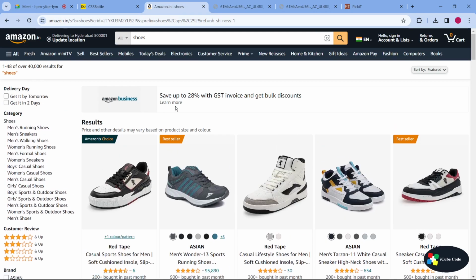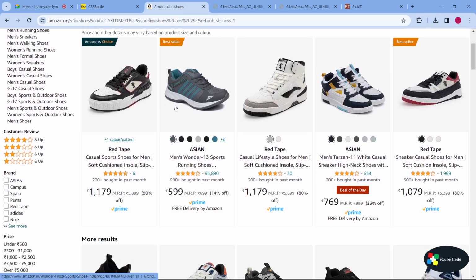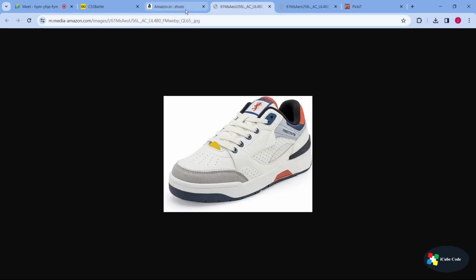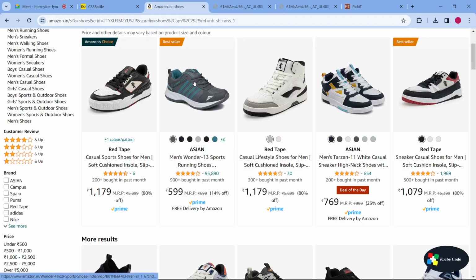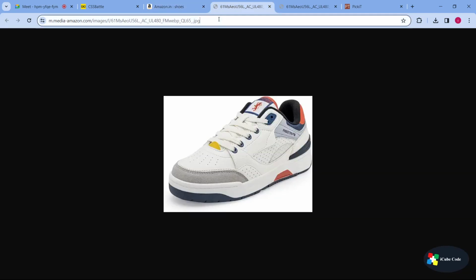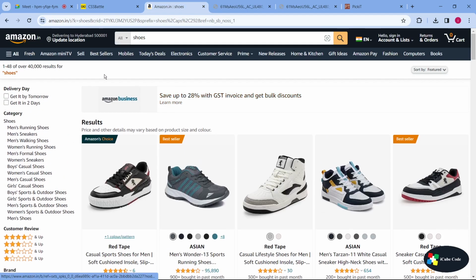Sometimes what will happen is, these are all images, and you are able to download them. Sometimes there are SVG images, and that time you can't download them. That time you have to take a screenshot only; it will not give you the address as well. Most probably they use SVG for logos. So if I show you, inspect,